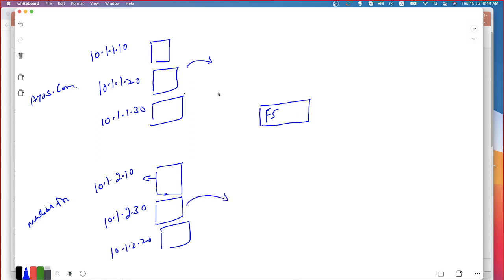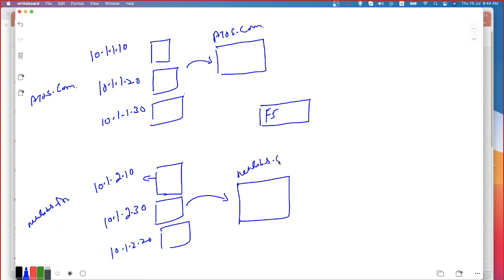Now, basically what we are trying to say, this is a group of servers which are responsible for responding for atos.com. The same way, these three servers are responsible for responding for netlabs.in. Maybe com or in, I'm not sure. My point is, now all these servers are going to be identified in a group. That's why we call this a pool of servers. You understand what I'm saying?